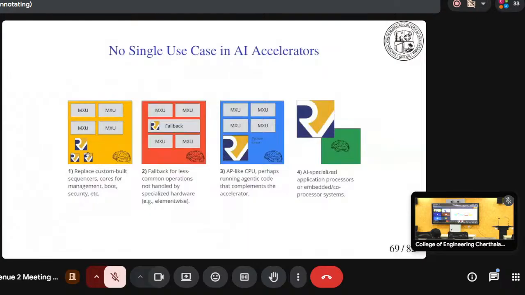Realistically, the first two architectures are most popular now. So the first two architectures can be easily deployed in AI applications, whereas the third and fourth are still being explored.